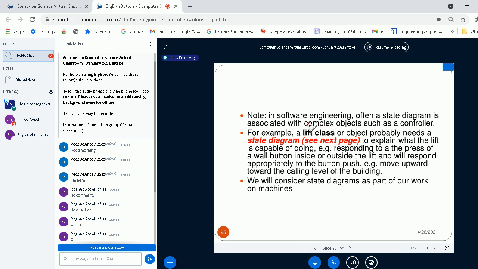So I want to model a lift, and I'm modeling it by using a class lift. And inside the lift, I can have lots of variables. One variable might be which floor the lift is currently at.